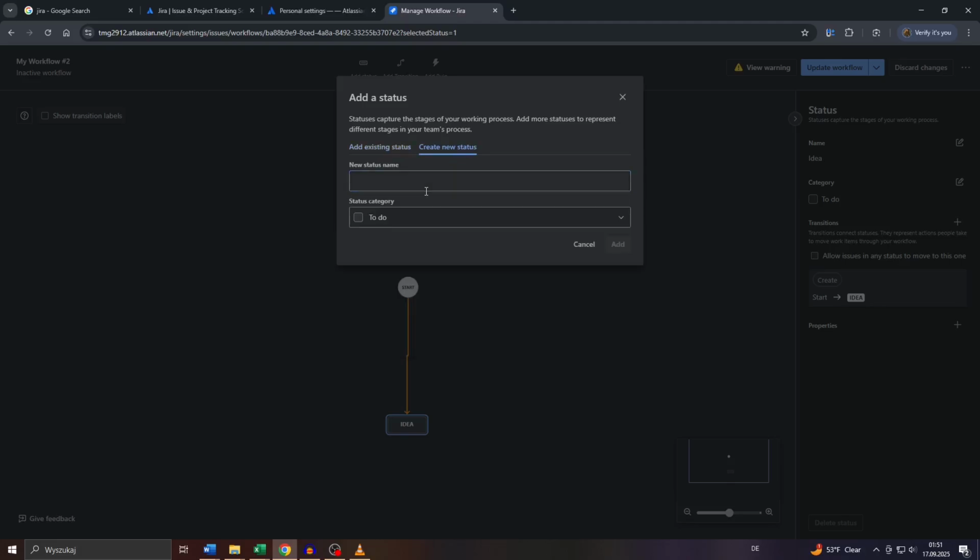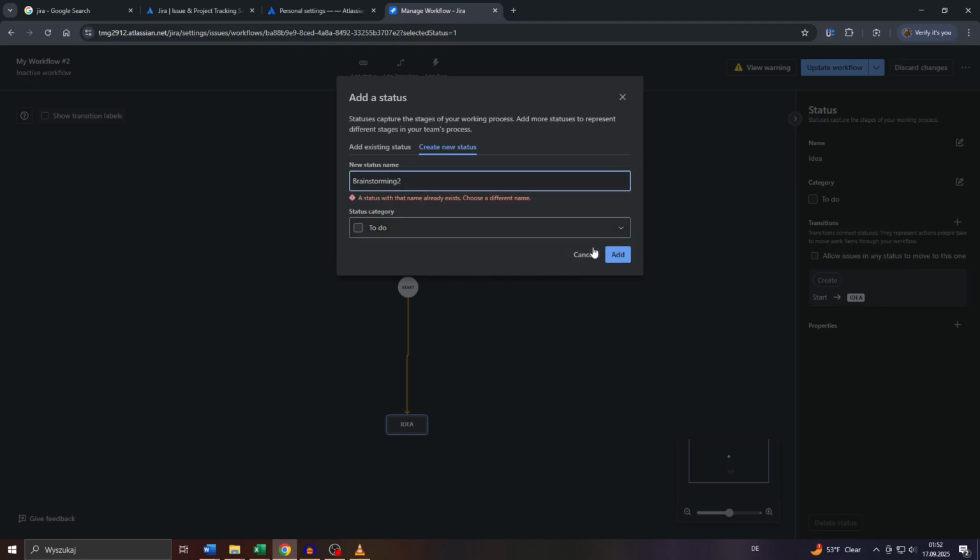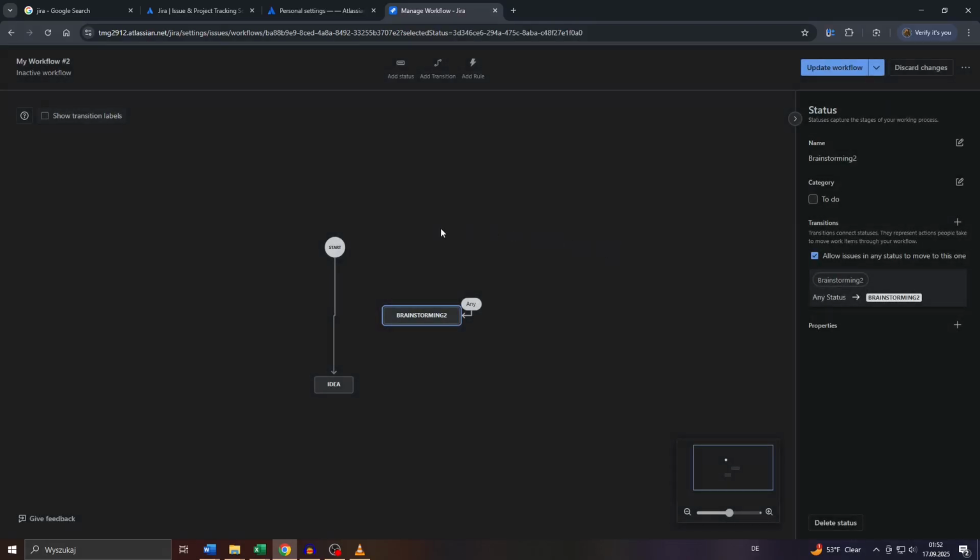Let me go with a completely new one, create new status, and let me rename it, for example, to brainstorming, something like that, or already started. Let me go with brainstorming and assign also a status category, which in this case here, let us keep to do as well, because brainstorming is something you do at the beginning of a given project's or issue's lifecycle. Click into add here, and that is going to add the given status